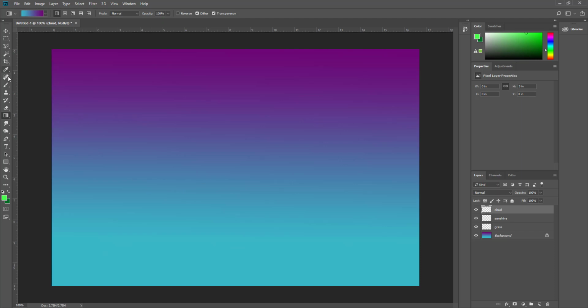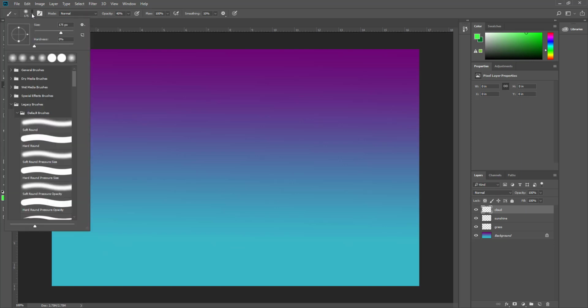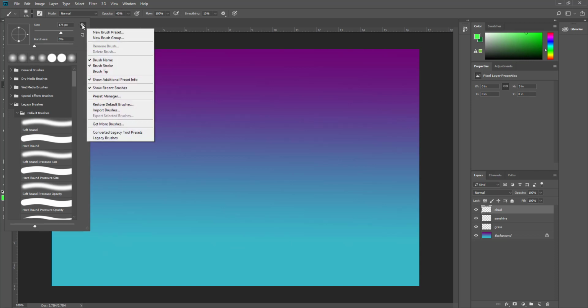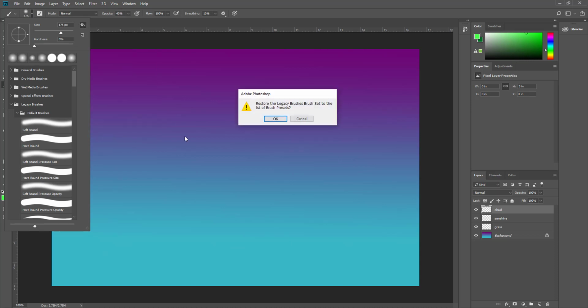So there's a paintbrush tool here in Photoshop, and typically if you open up Photoshop for the first time, the grass brush is not one that is open or even selectable. So you have to go to the settings. Right beside the brush size, you go to the settings wheel and click on legacy brushes, and you would get a different pop-up than this perhaps, but you want to install legacy brushes, which will allow you then,